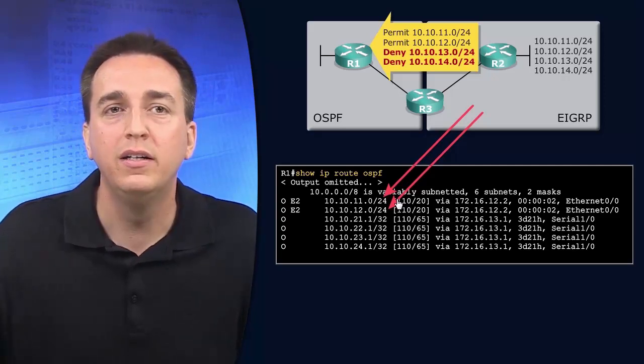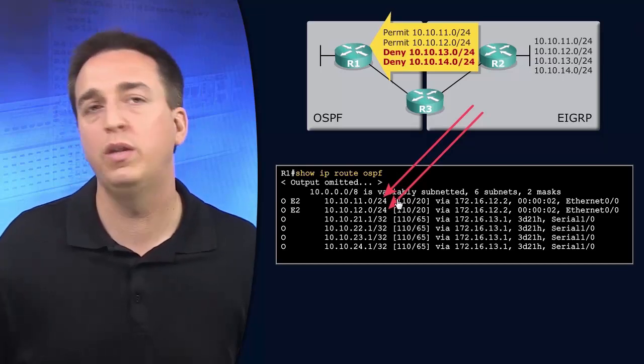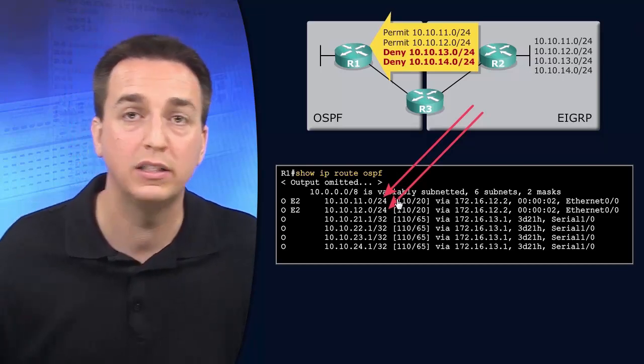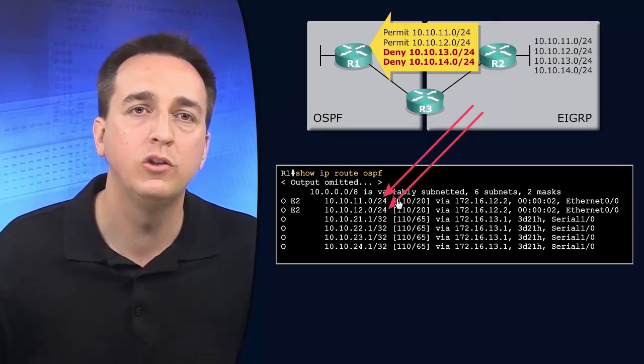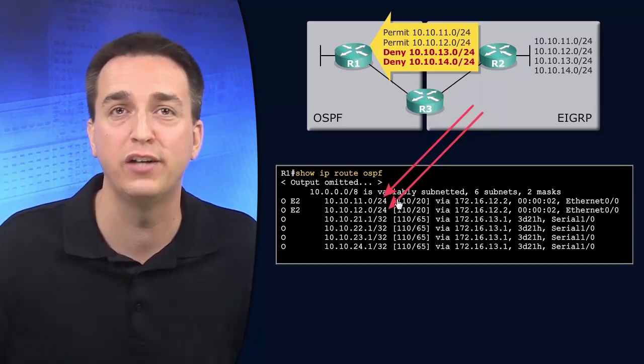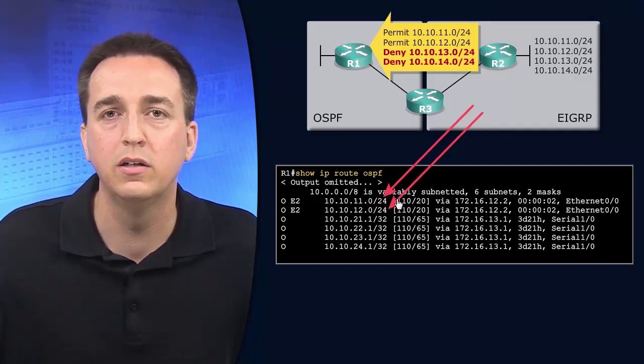So if it was a 10.10.11.0/28 or /30 or /26, they would all be included in that redistribution process, where in this case, with the prefix list, it's just this one. So if all of a sudden there is 10.10.11.0/28 with the prefix list, it's not going to be redistributed. However,